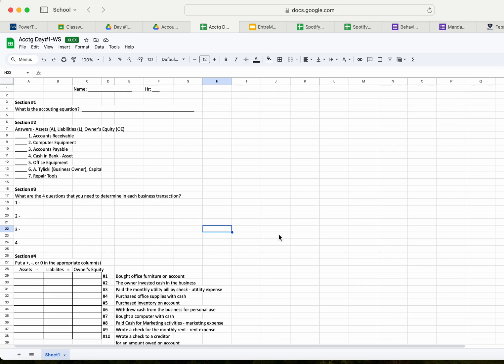The second one is, what did a business lose? That is going to decrease an asset. Number 3, did we take on any debt? That increases liabilities. And number 4, if we paid down a debt, that would reduce our debt, so decrease liabilities. So make sure we understand those 4 questions. That is what we're going to ask when we go and do the accounting for these business transactions in section